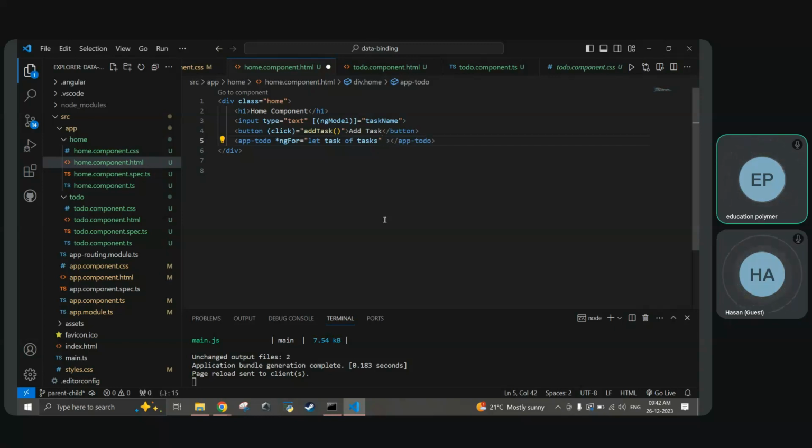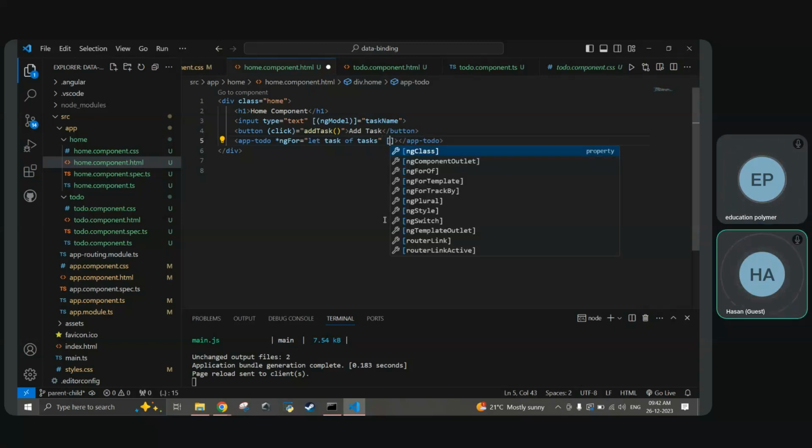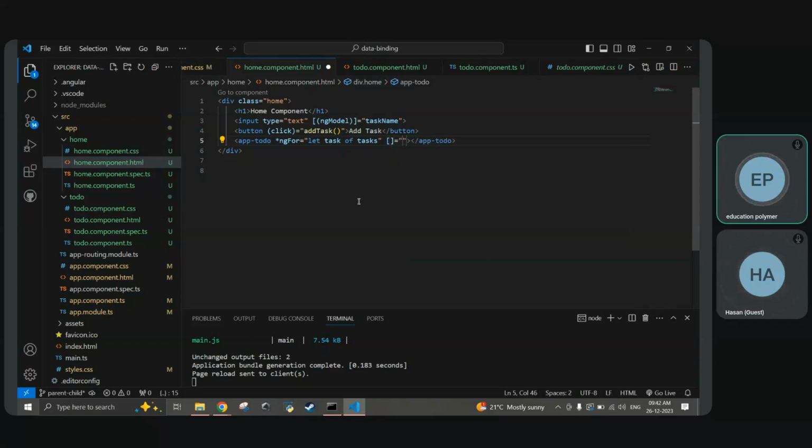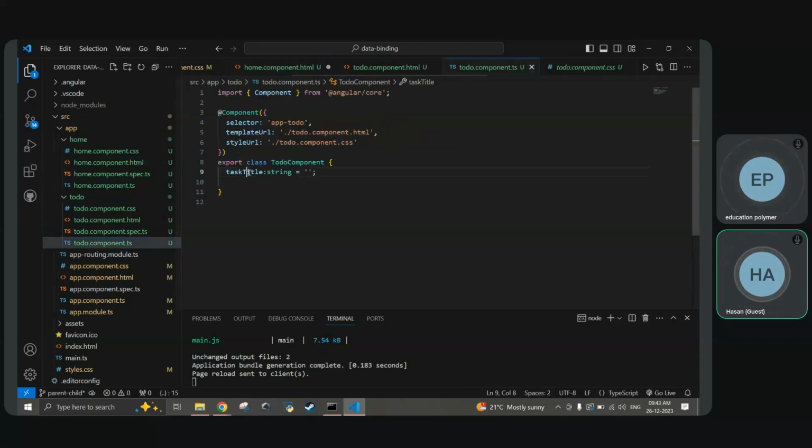So here I have to use a square bracket like this, and then square bracket equal to something I have to write. So what will be there inside the square bracket? The property which is present in the app-todo, that I have to pass here, and what value I want to pass, that I will pass here. So what is the property that is present in app-todo? Not in home, in app-todo. In app-todo I have task title. So this task title I have to write here,